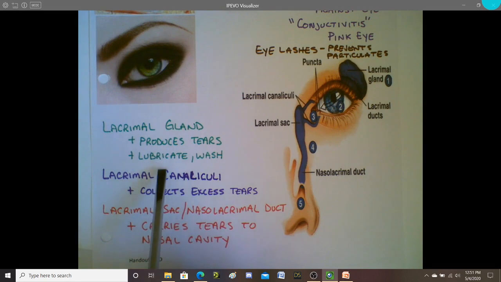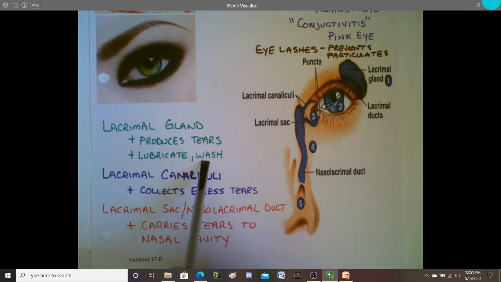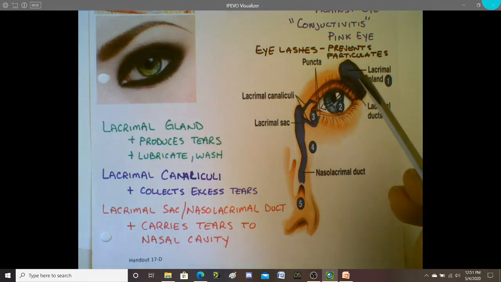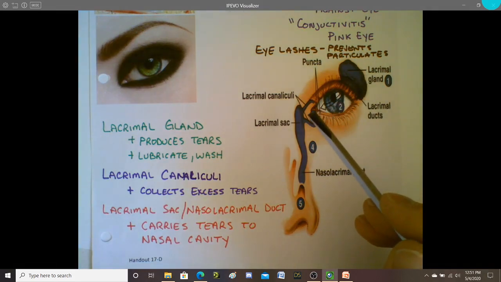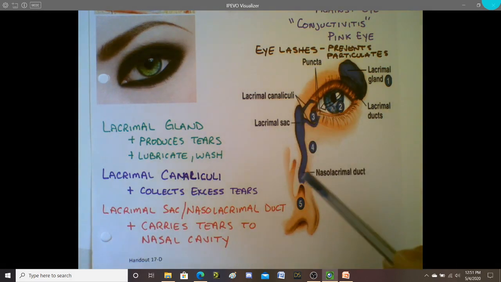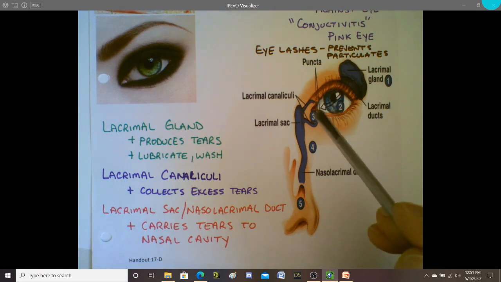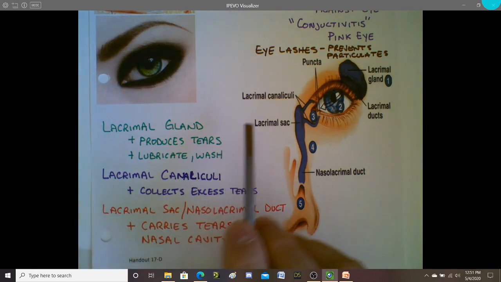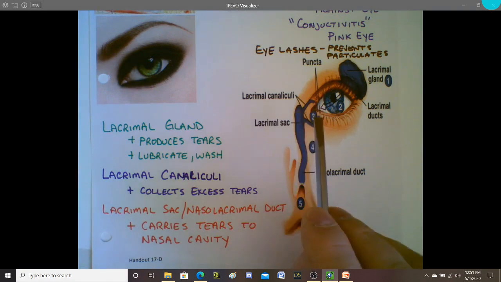Tears are really designed to lubricate as we blink and to wash out our eyes. So if you do get any particulates in your eyeball, your tears can wash out your eyes and cleanse them. So we're moving the material across the eye to clean it and lubricate it. Now we have this lacrimal apparatus that is inside our face to collect excess tears. Tears are collected in this set of tubes called the lacrimal canaliculi. So they're going to collect excess tears and direct it